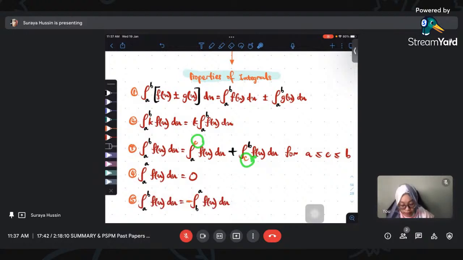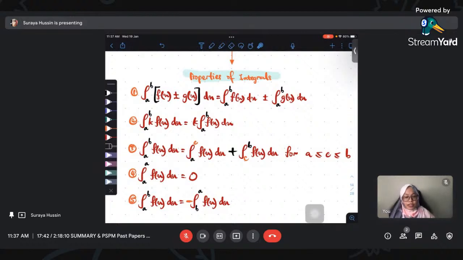It's understandable. It's like if you have a graph, contohlah you ada graph kan, macam ni. This is your A, this is your B. You boleh lalu C dulu. So you boleh cari A to C and then C to B. Okay. And then yang ini kalau integration A to A, there's nothing lah. Okay. And the last one, kalau you change the value of A dan B ni,